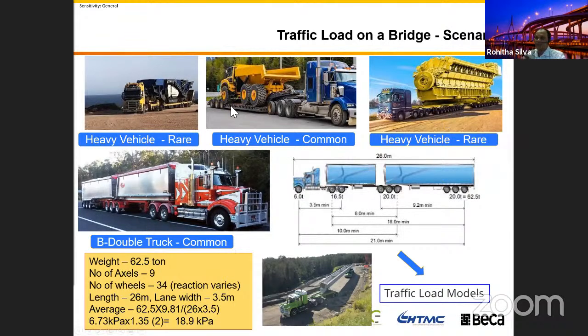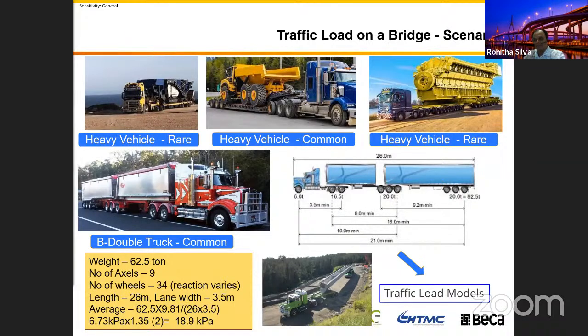Of course, we need to transport these heavy vehicles as well. If it's a major highway, it needs to cater for this loading. For example, if you get an industrial zone in an area, you need to bring a lot of big machineries and things, you need to transport them. So then you can see your loading pattern in a bridge, from a human being to a car, to a small vehicle, to a big vehicle, to an unimaginable size and weight vehicle, you need to allow to transport